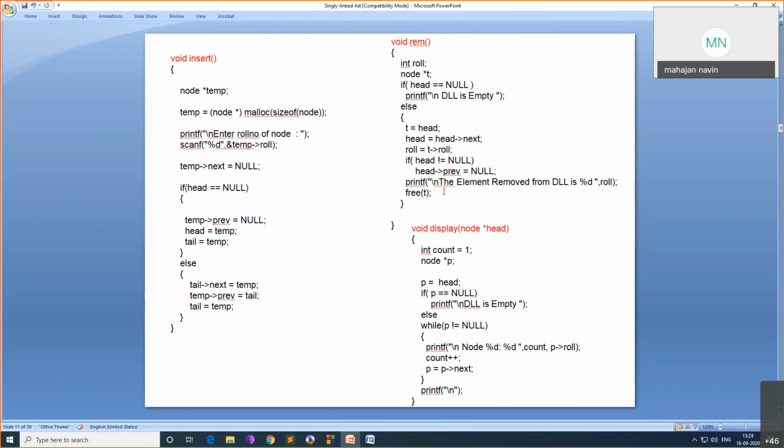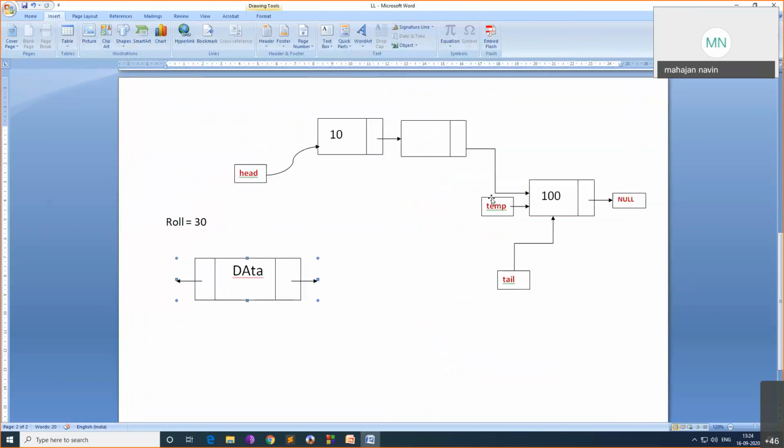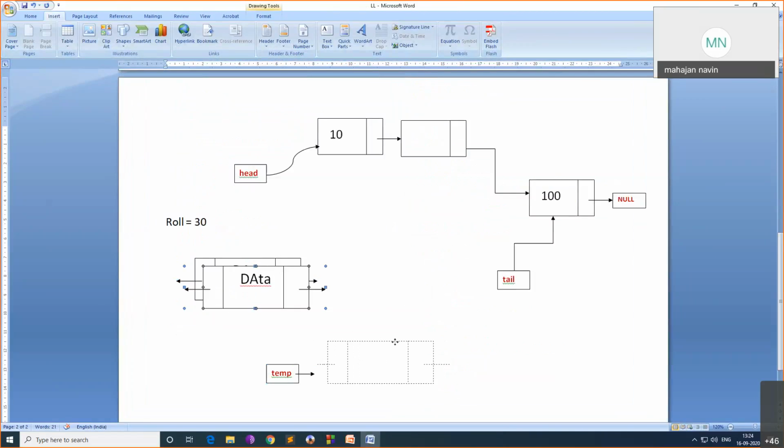First you will insert some element. So what you will do while inserting is take a node temporary variable, temp equal to malloc of size of node. Now what will temp have? Temp will have something like this. So this is temp. When you create a new node, it is created and the address of that new node will be pointing somewhere here.